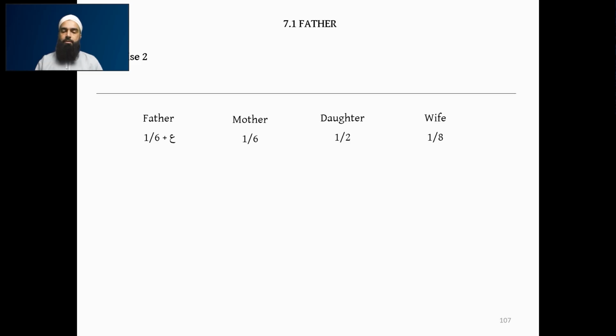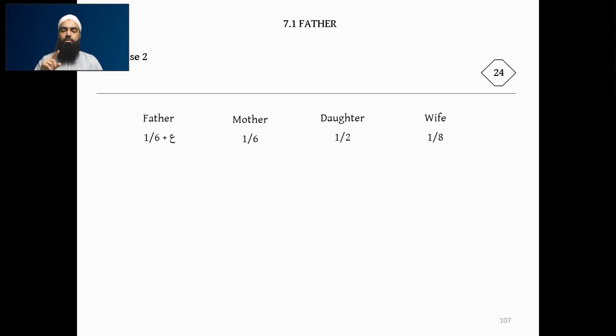So now what happens? We see there's an 8th, which is group 1; a 1/2, which is group 1; and a 6th, which is group 2. So we ignore group 2 and look at group 1. There's a 1/2 and an 8th. The highest number out of them is 8, so we take the 8 and multiply it by 3, as we normally do, taking the bottom denominator of the wife's share, the 8th. We multiply it by 3, and 24 will be our divisor.